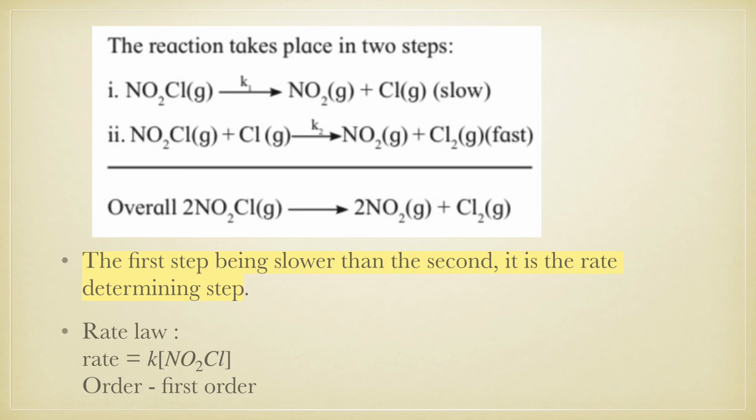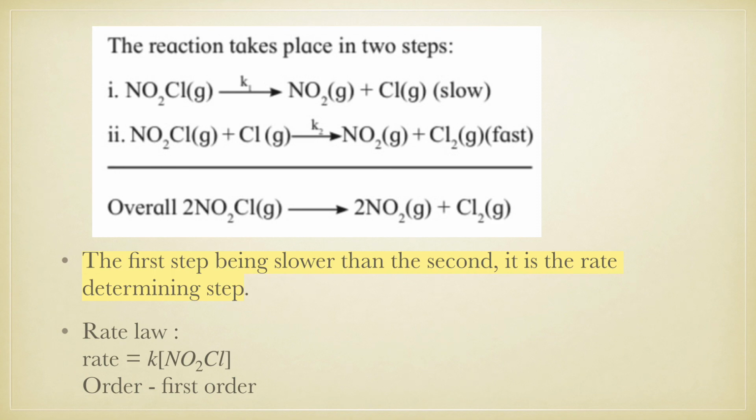Okay, so hopefully you understood what is meant by the rate determining step, and by that we can find out the rate law expression. And if the rate law expression is given, we can find out the order of the reaction. And one more thing, the species Cl is formed in the first step and consumed in the second, right? So this species is referred to as a reaction intermediate. This actually doesn't contribute to the rate law. That means the concentration of the reaction intermediate does not appear in the rate law.